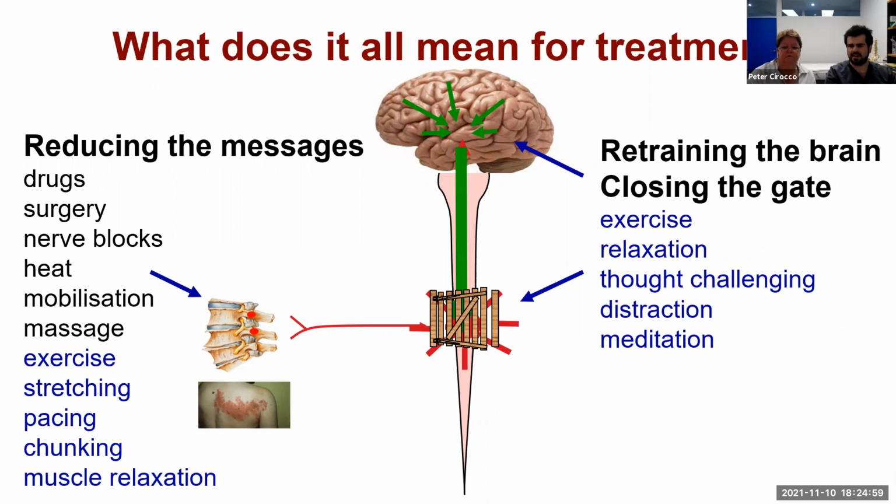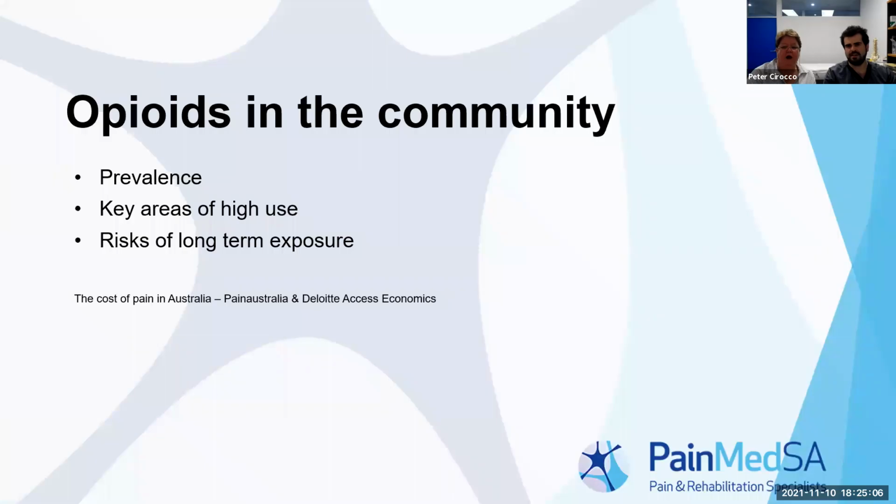And the other thing too, in regards to not feeling alone, that's something you can talk with your patients about: you're not alone. It's something that everyone experiences, and something you can go through. So in regards to opioids in the community, I guess this goes on to the first slide as well, and extends on to what Kathy was talking about before in regards to prevalence of chronic pain